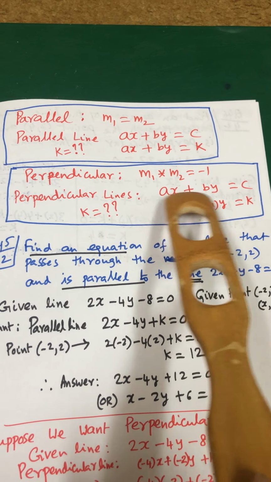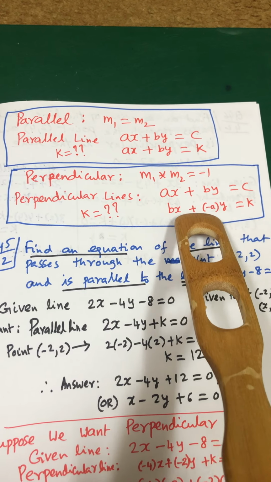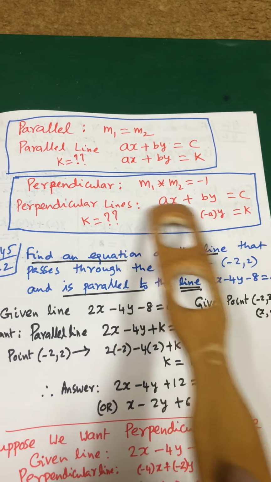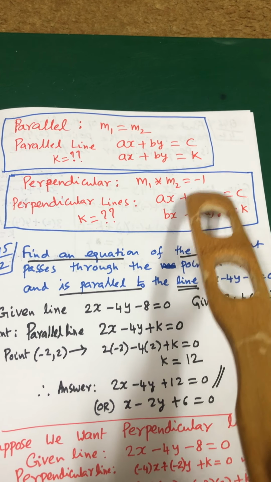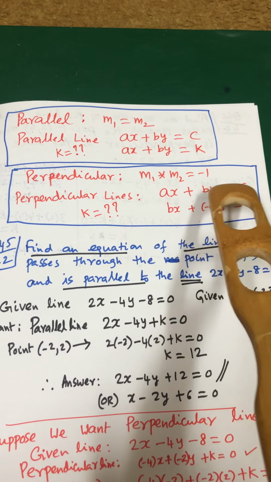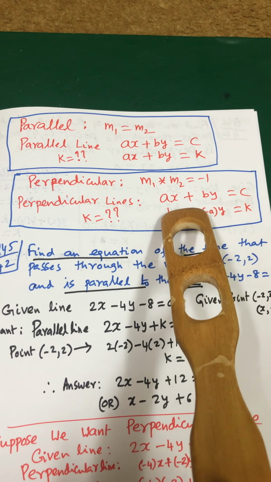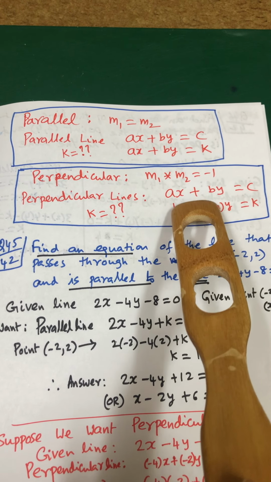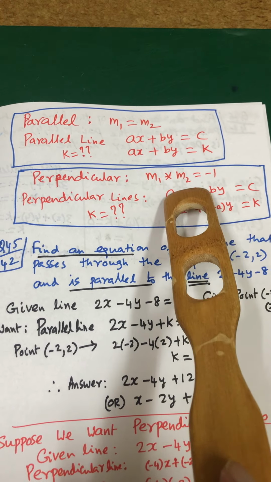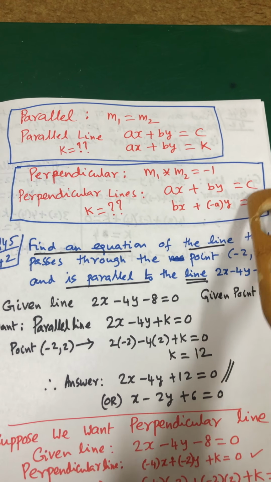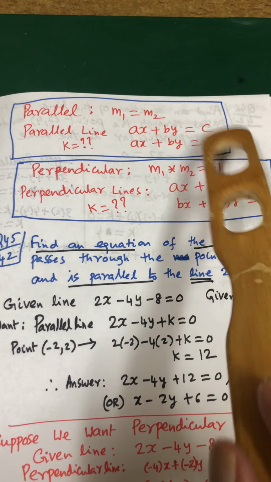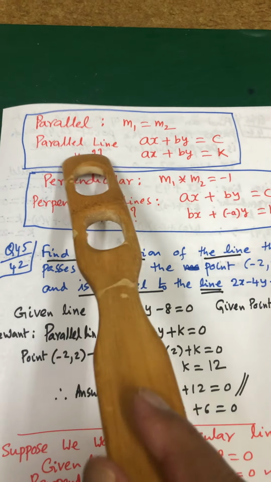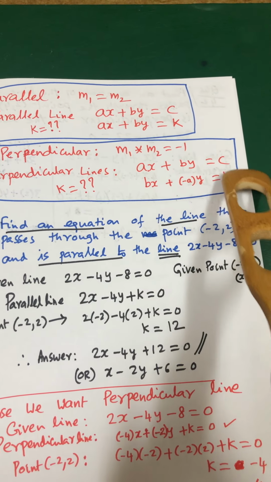How to write it: ax plus by is equal to c is given, and I want to write a perpendicular line. You want to find another line perpendicular to this line. So for that one, remember, this b will come here as bx, and this a will go here as minus a. See this? bx plus, this a will go here, minus ay is equal to, the constant will change. Here you only have to find c. In this question you have to find only k.